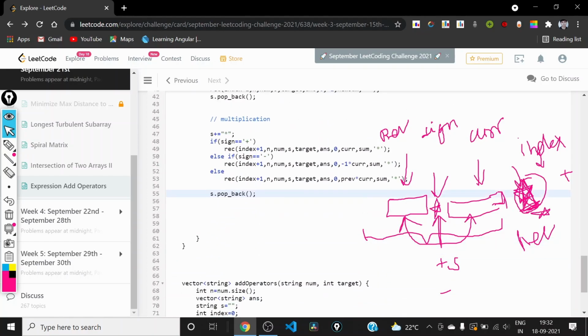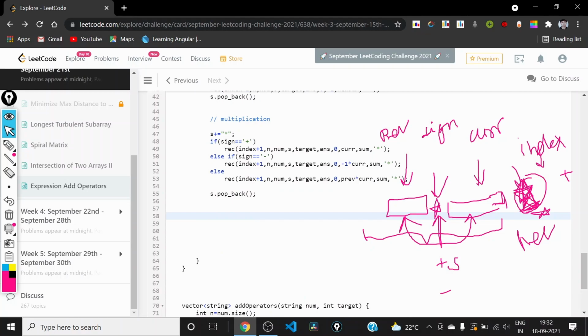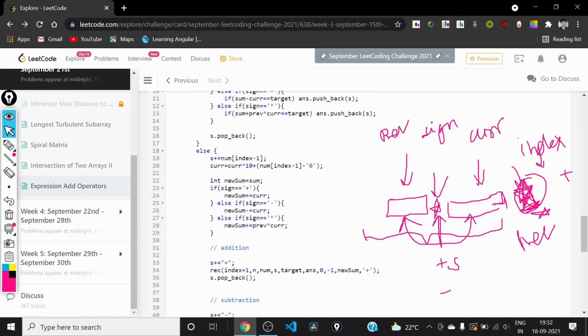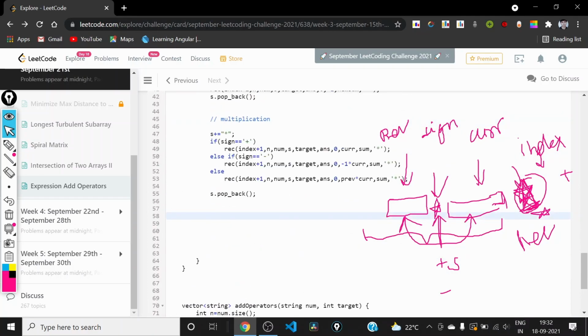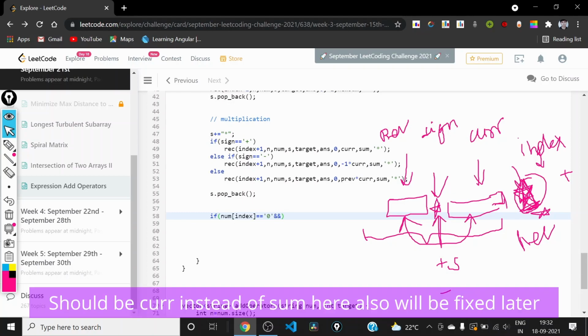Now we have considered the case of these three operators. Now we need to consider the case when we are not adding any operator to the end. In that case, we need to check if the present character is 0, and if the sum is also 0. This is the case when this 0 is the first character of the number that is being formed.